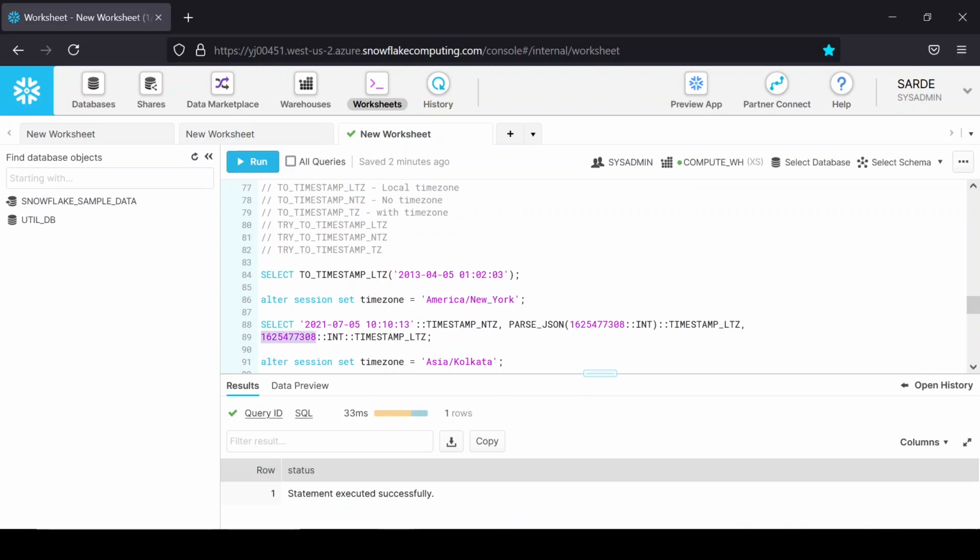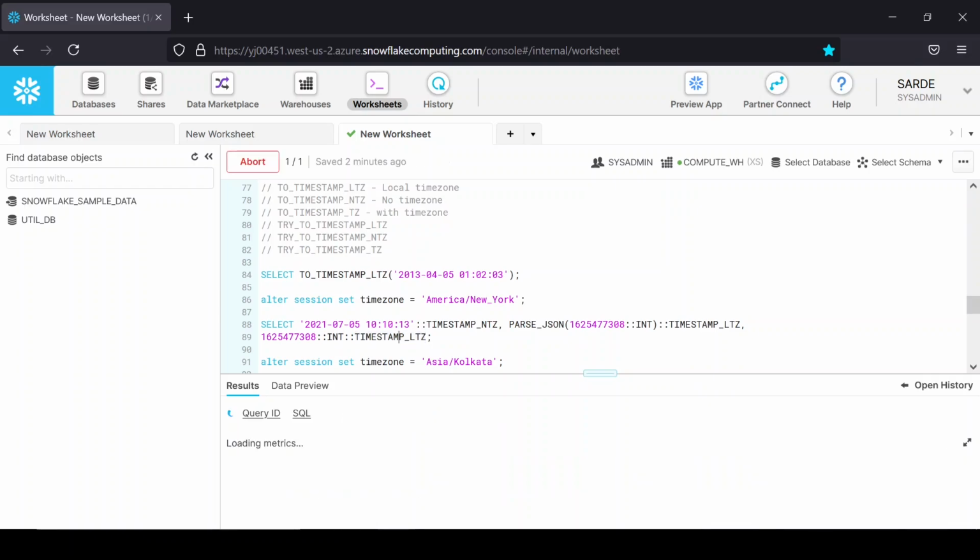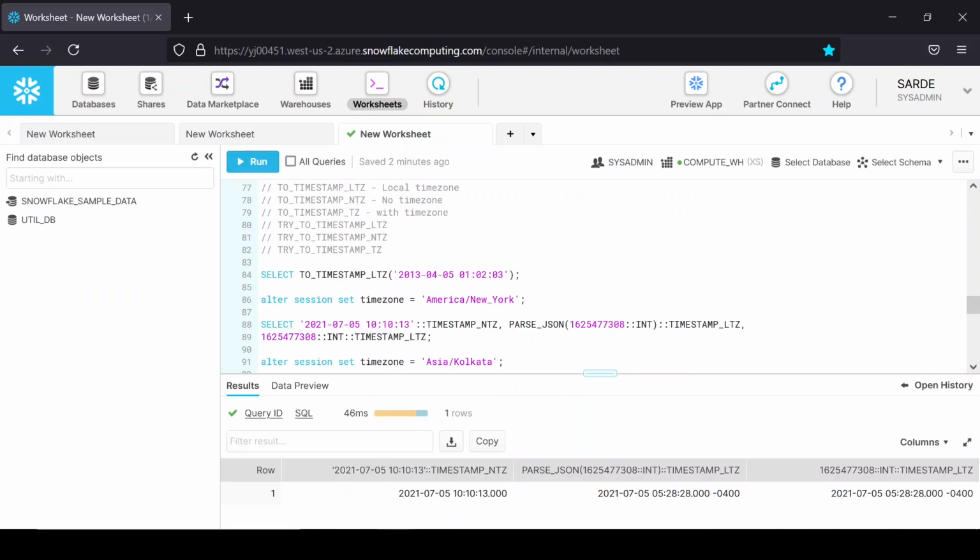And next we can also pass this epoch value, where we get it as an int first, and then we convert that to timestamp_LTZ. If I run this select query, I can see for this NTZ it will not print the time zone because it's no time zone.